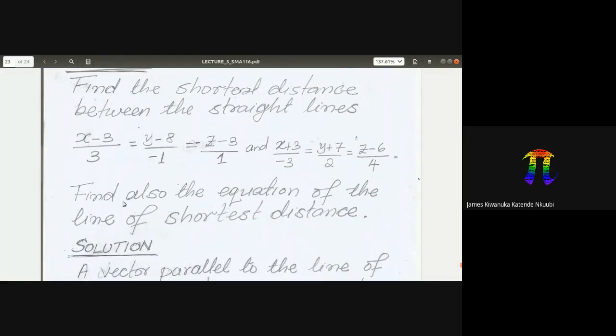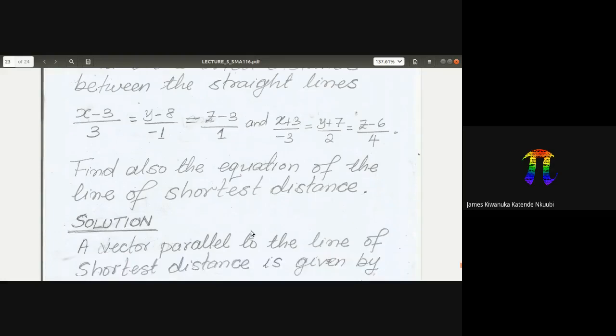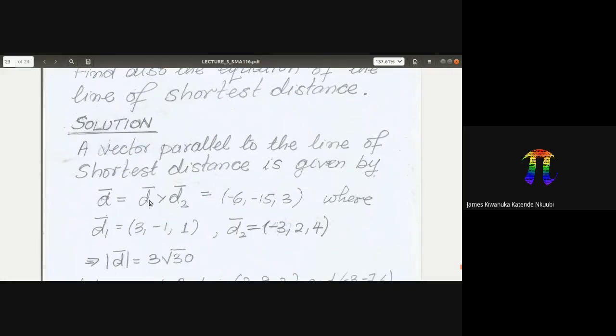And then we also need to find the equation of this line of shortest distance, the line that goes through those 2 points of the shortest distance. So again, I will not spend too much time on this. We can obtain